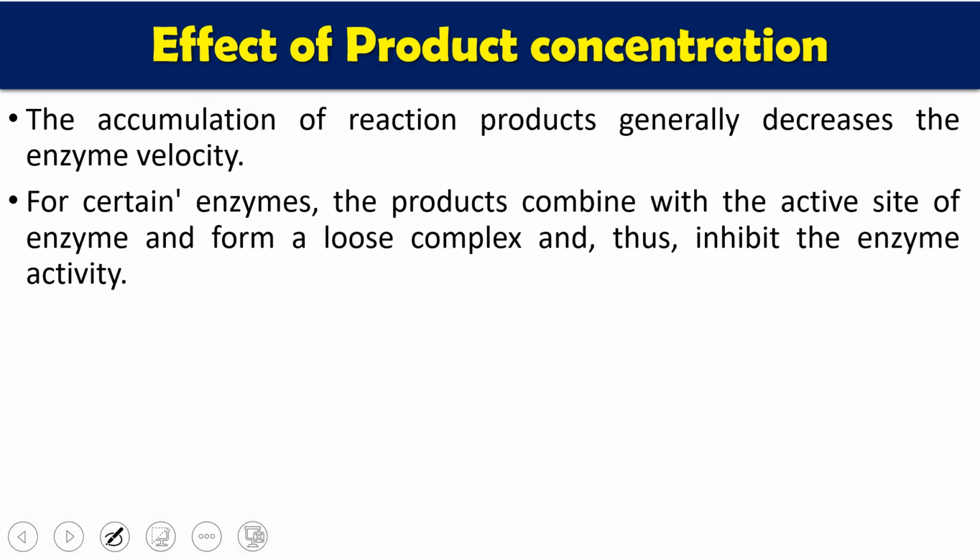Next is the product concentration, the accumulation of product. If your reaction is continuously going on, meaning you have sufficient substrate and sufficient enzyme, the reaction will go on and product will form. If you do not remove the product from the reaction mixture, after some time the product sometimes binds to the active site, or affects the rate of reaction and decreases it. This type of decrease, where the product ultimately decreases the rate of reaction, is called